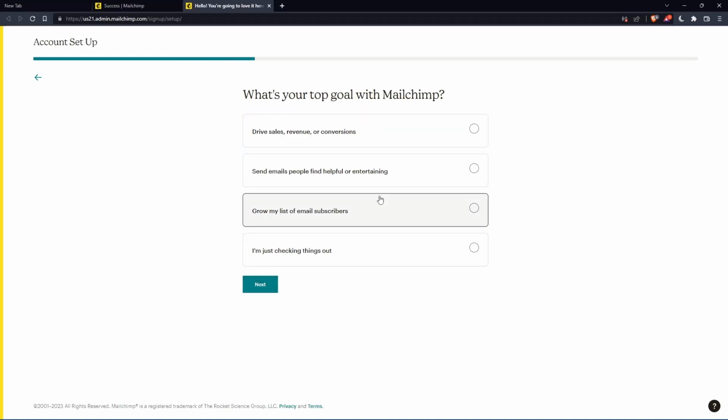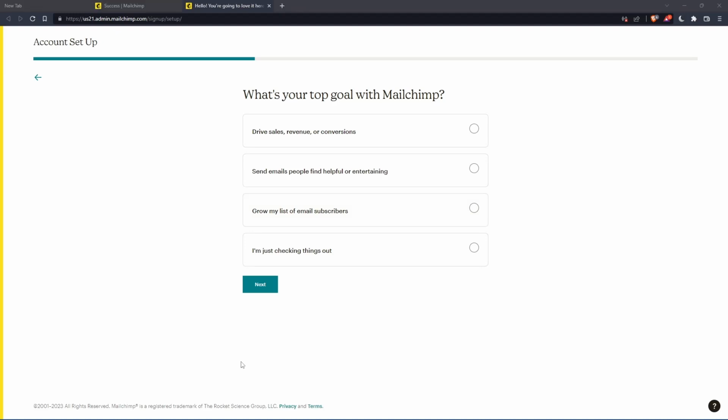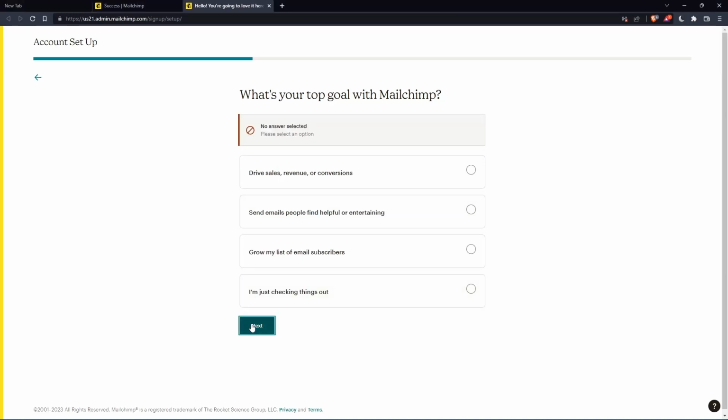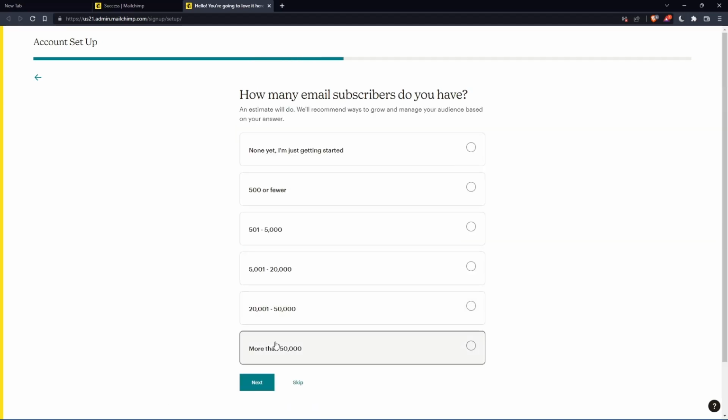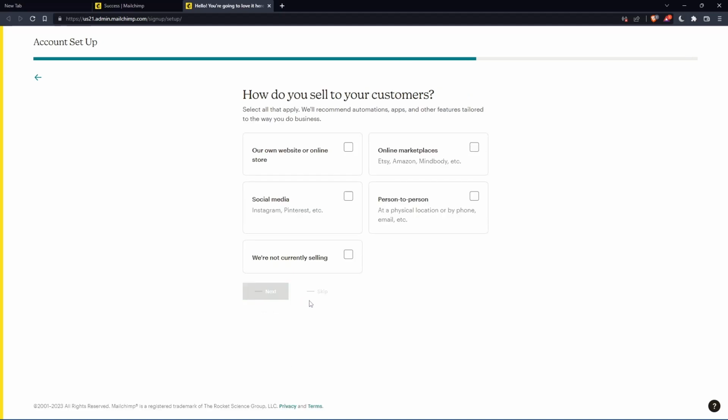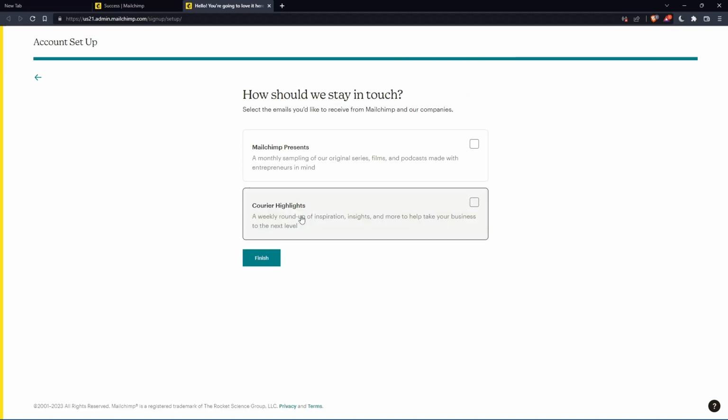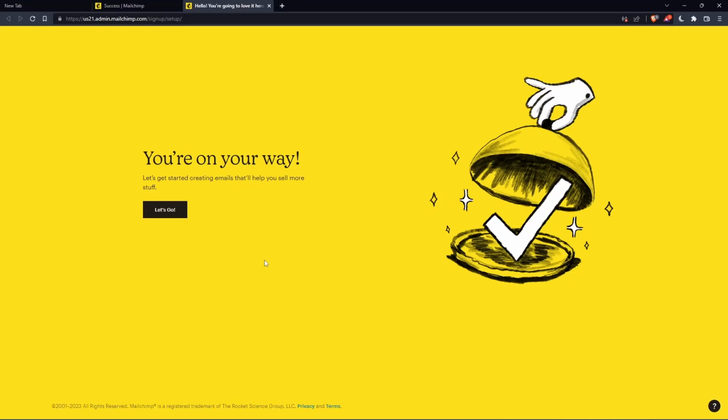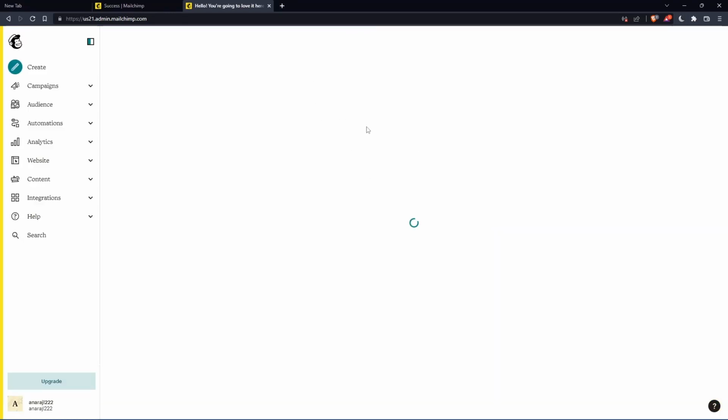And here, of course, you'll have to answer some questions. If you don't want to, it's cool. You can just keep pressing next, as you can see. But the first one, you should actually answer, and you will see the rest of them. You can keep clicking on skip. Once you finish, click on finish. And as you can see, once you click on let's go, you will find yourself on the home screen of